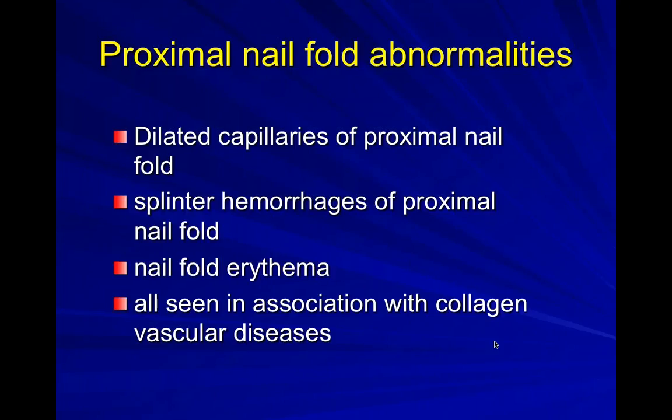Next, we're going to look at things that cause proximal nail fold abnormalities. The most common thing that we see are dilated capillaries. Normally, and we'll show you a picture of normal capillary loops, they're very symmetrical, they're parallel, and they all have the same diameter. When things occur with various collagen vascular diseases, those parallel loops become less parallel, they change their dimension, they change their size, and they can disappear